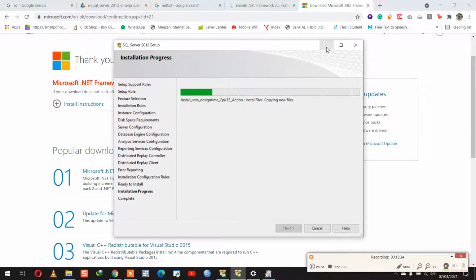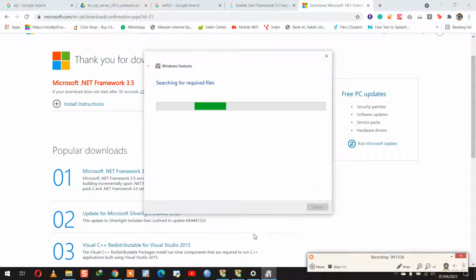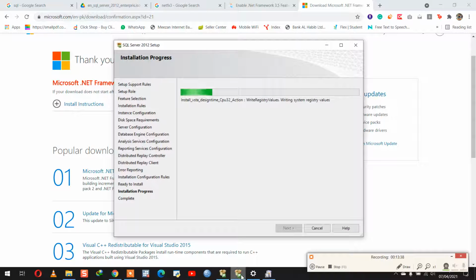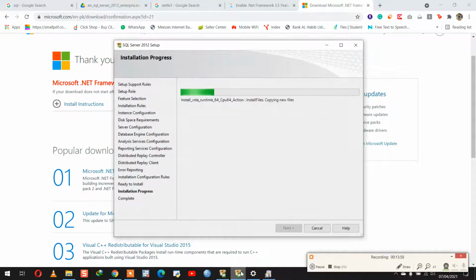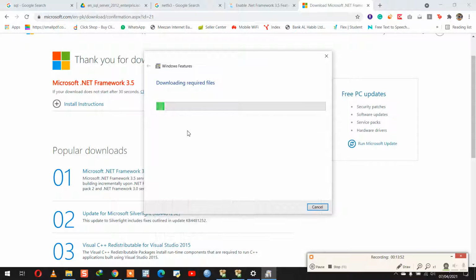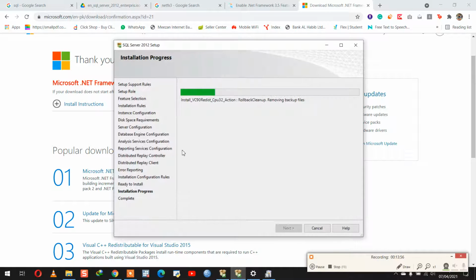That's great. Now I don't have to restart the whole procedure again. Let's see. So it's downloading the required files and over here it's also